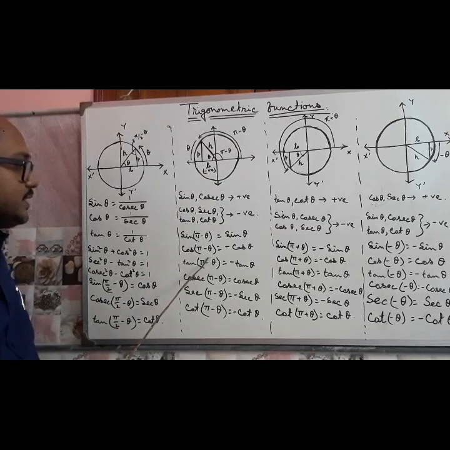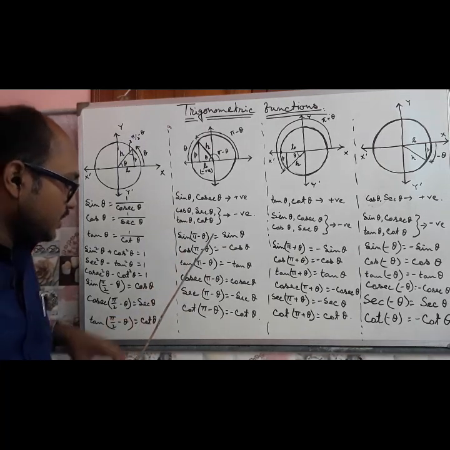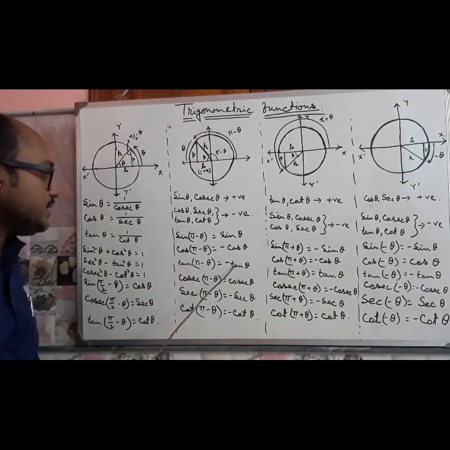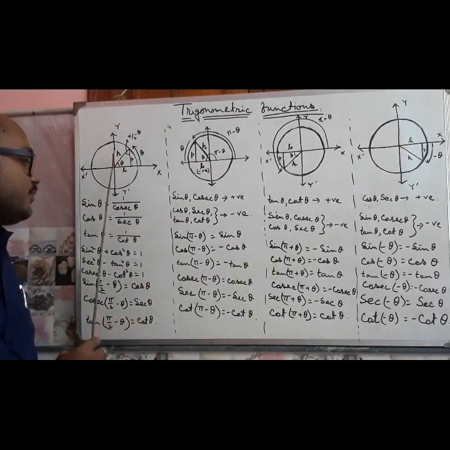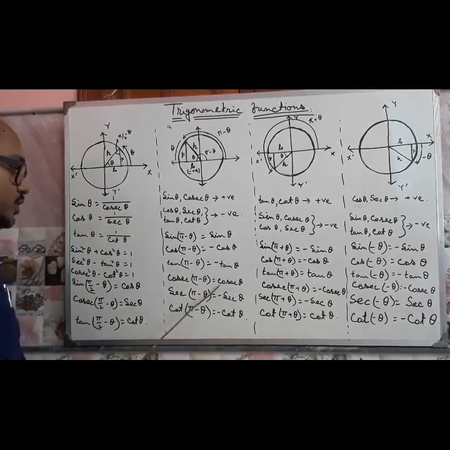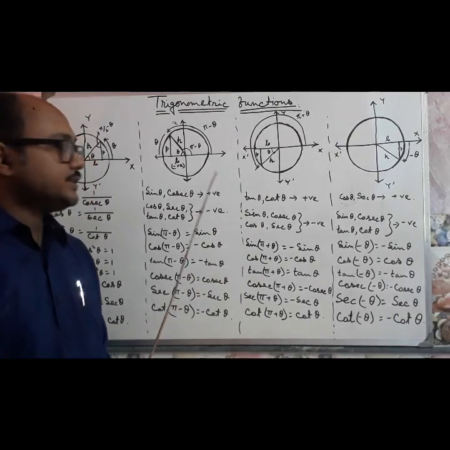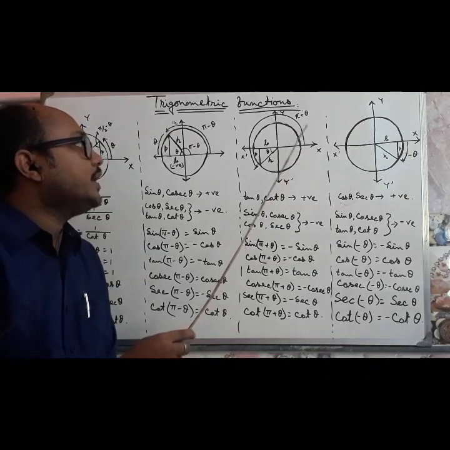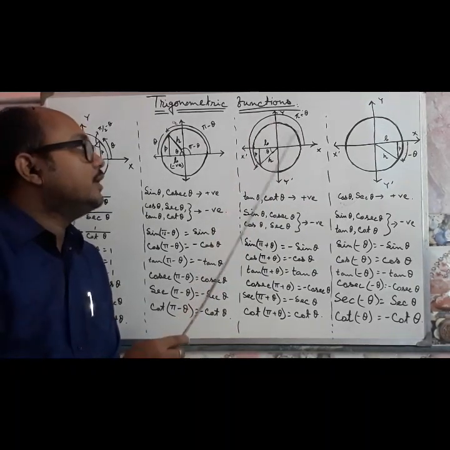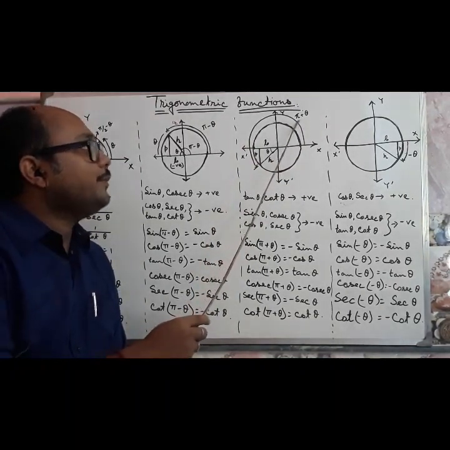So cos pi minus theta will be minus cos theta. Tan pi minus theta, with the help of that same argument, is minus tan theta. Cosec pi minus theta, again hypotenuse by perpendicular, is same as the previous, so it is positive cosec theta. Sec pi minus theta is minus sec theta, and cot pi minus theta is minus cot theta. Now we will discuss the next case, that is the third case. If this point rotates more than 180 degree, more than the angle pi, let this point rotate the angle pi plus theta.